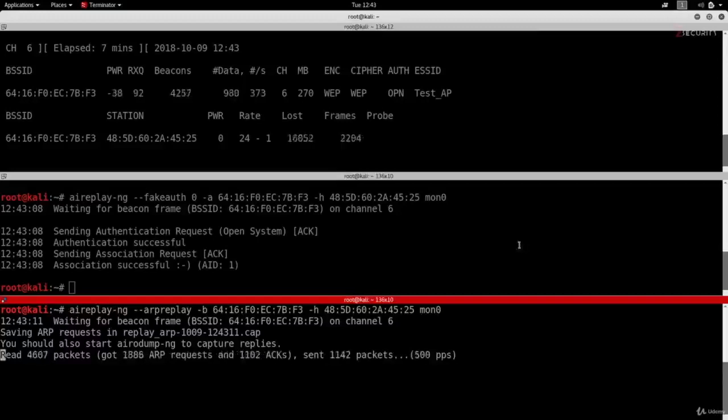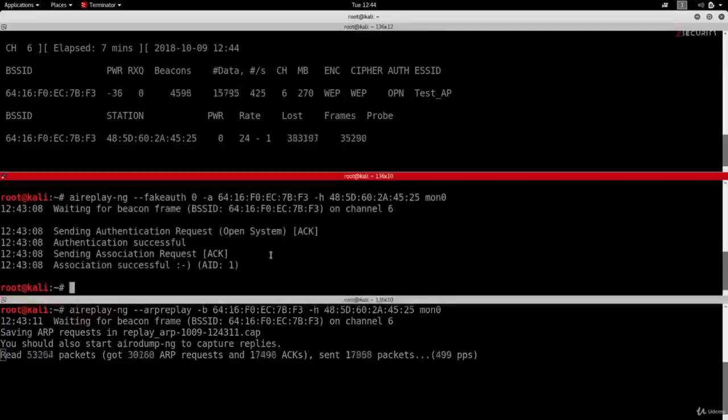And as you can see, the number of data is increasing now very quickly, which means that we actually managed to capture an ARP packet. This ARP packet got retransmitted, forced the router to generate a new packet with a new IV, and we are continually doing this process, forcing the router to generate new packets with new IVs. So right now we can go ahead and run aircrack-ng to crack this network. And before I do that, I'll actually just associate one more time, and then I'm going to do aircrack-ng,